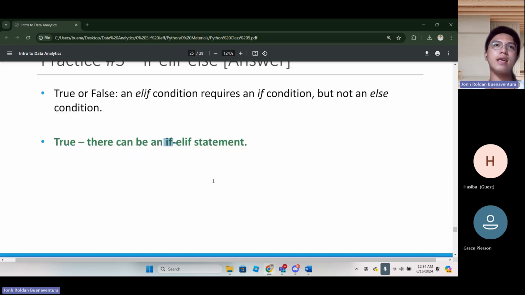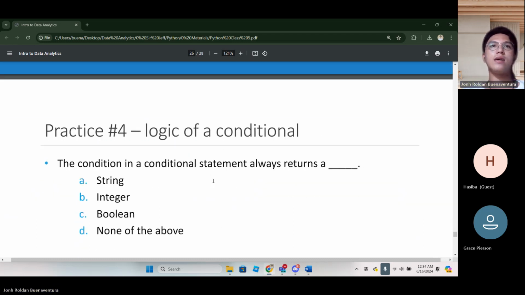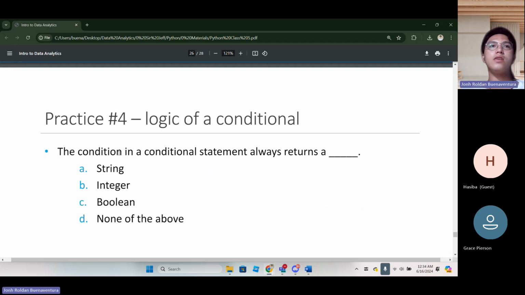So that's the thing in conditional statements. Okay. The condition in a conditional statement always returns a string, integer, boolean, none of the above. What's the answer here? A, B, C, or D? D for Hasiba. How about Grace?